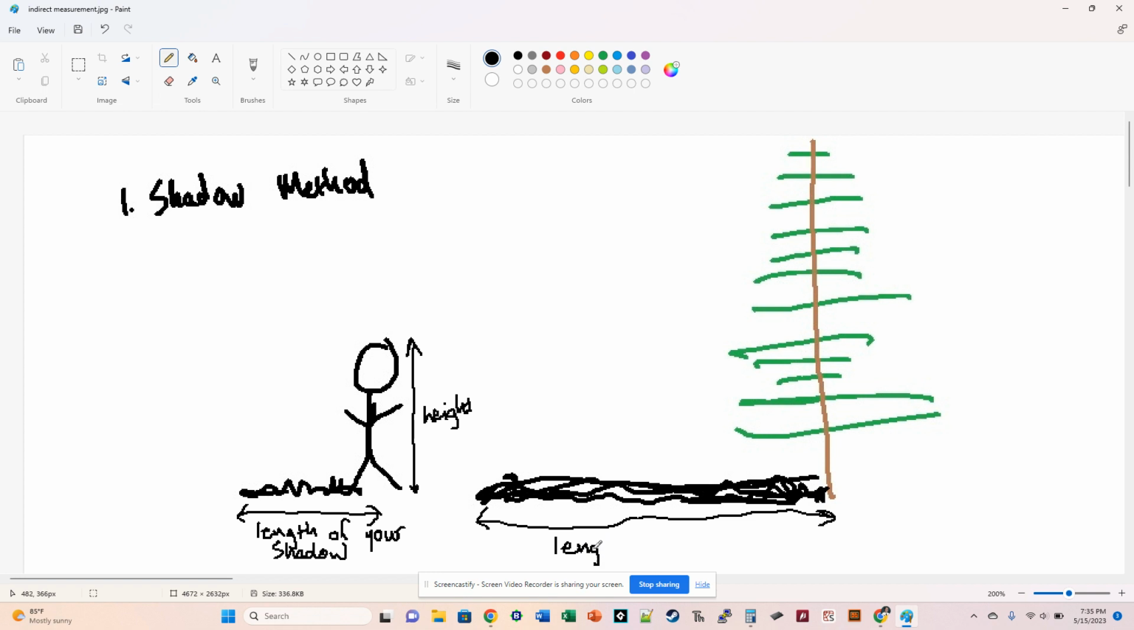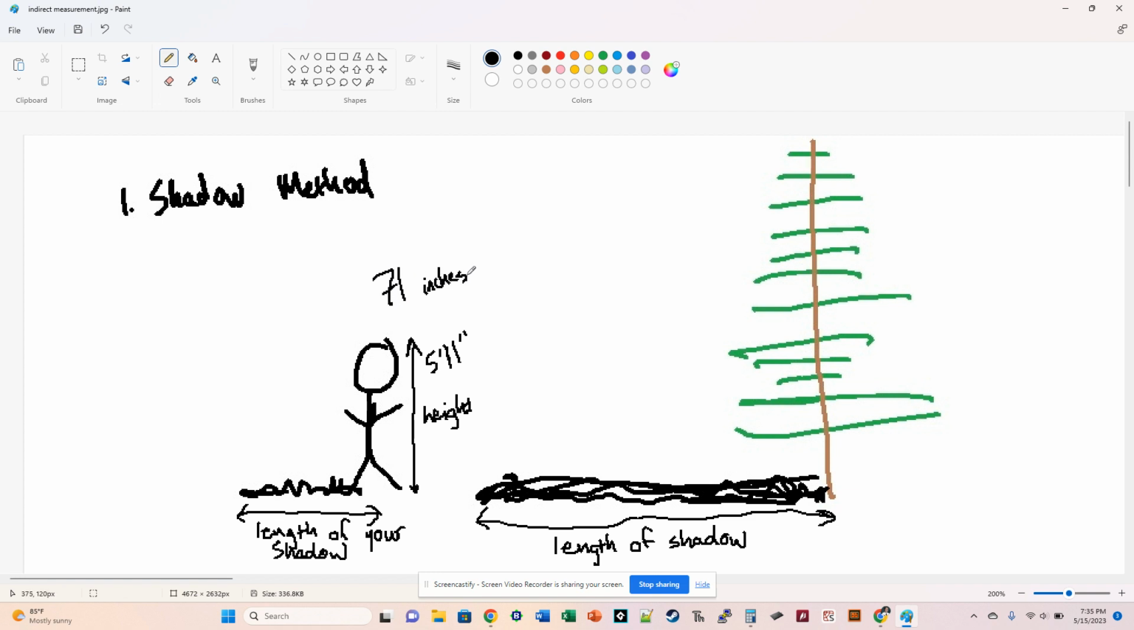Length of shadow. Now let's see how to form our ratios and calculate the height. For my example, let's pretend I'm going to use my height, 5'11". And since I'm 5'11", I'm going to go ahead and convert that to inches. That's 71 inches